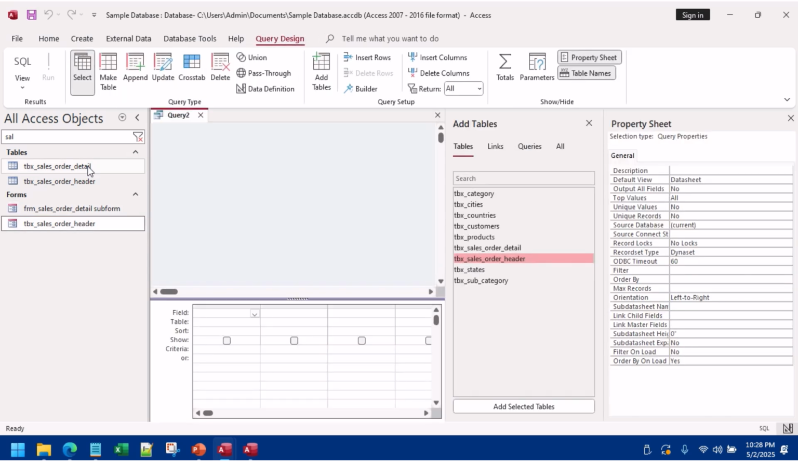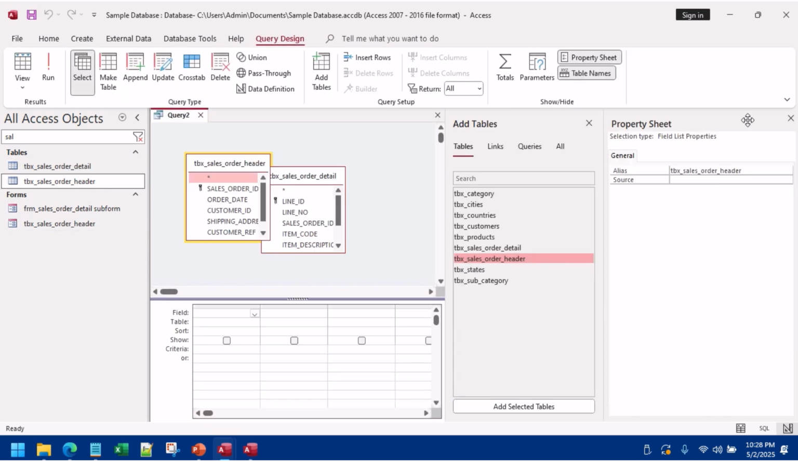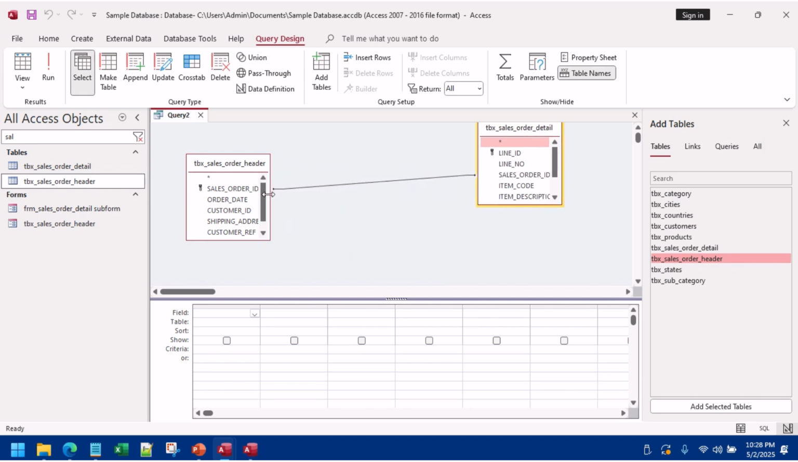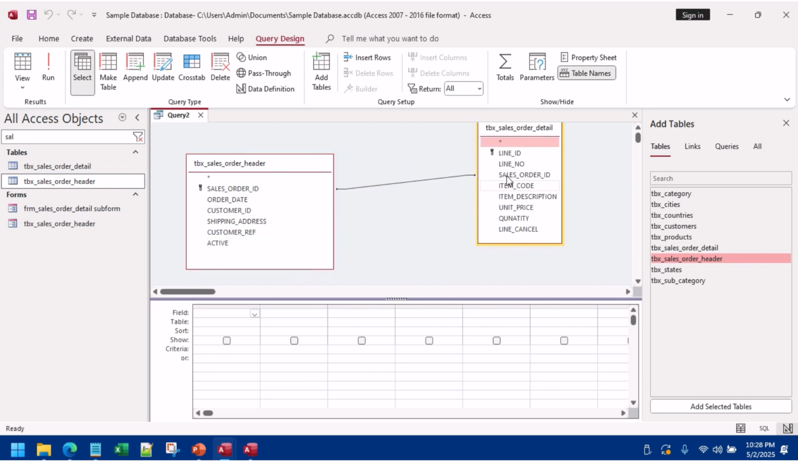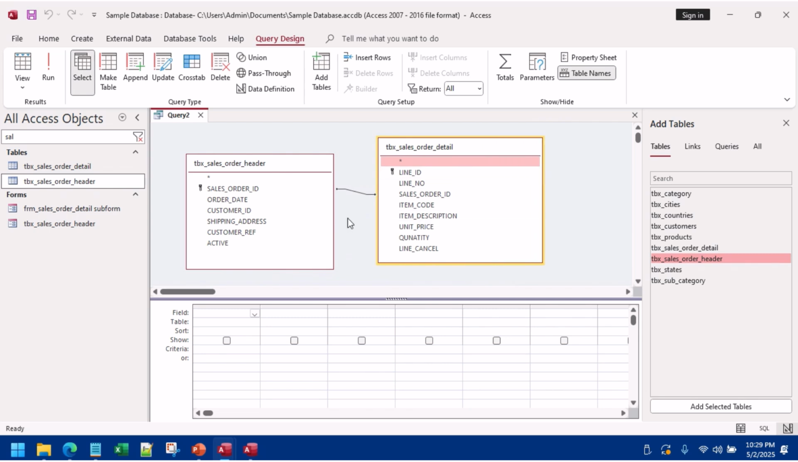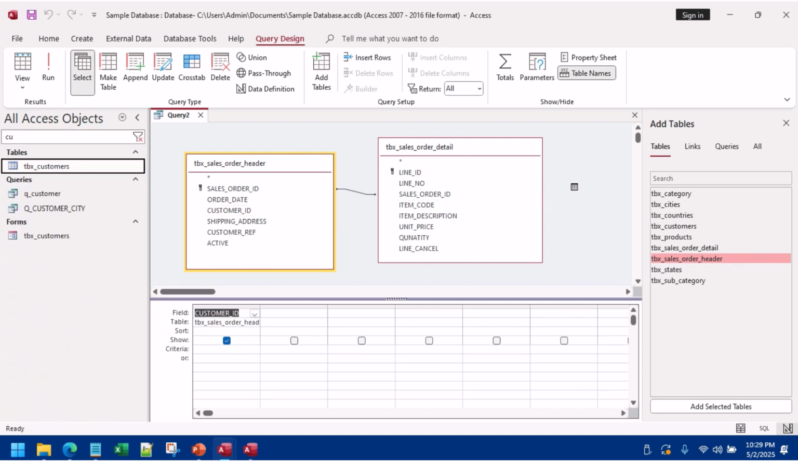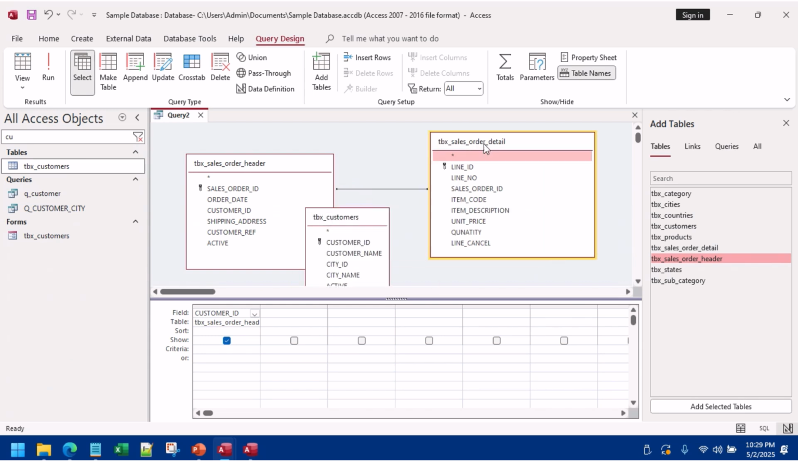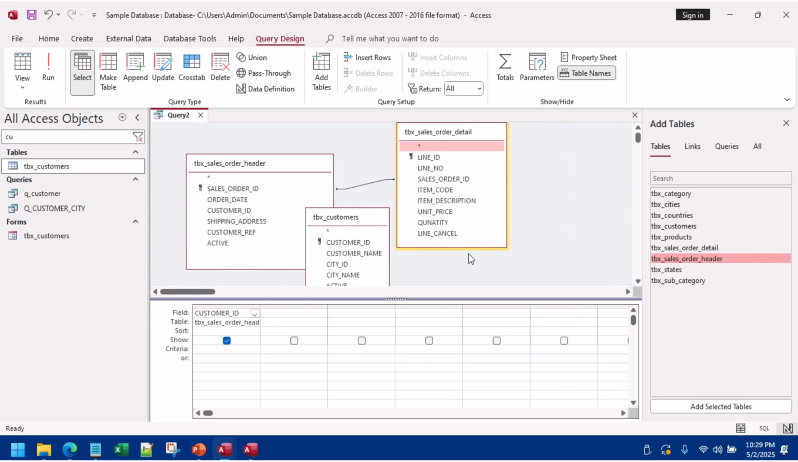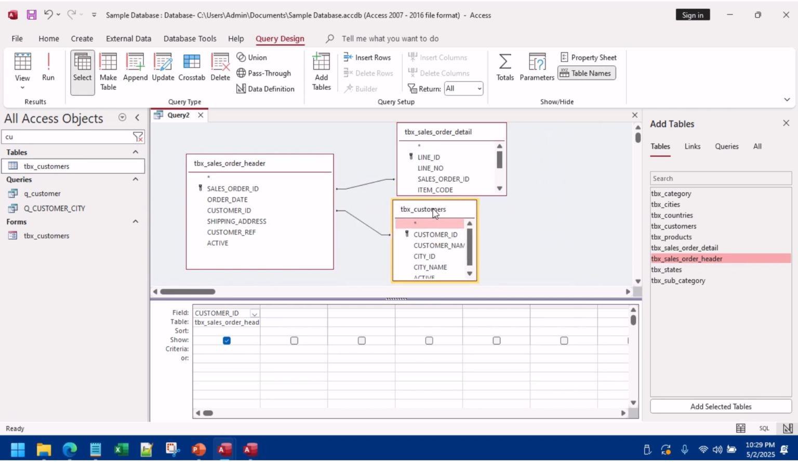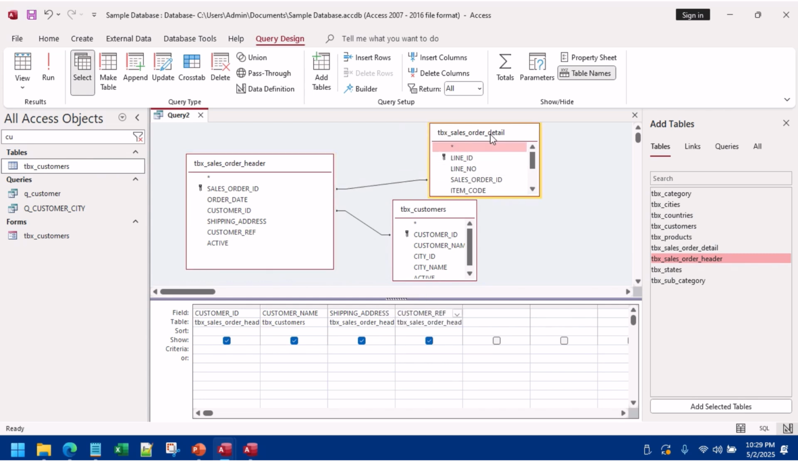Create query design. We have sales details, sales order, and joining with sales order ID, customer ID. Also add customer. Okay, so customer name. What else we have? Shipping address, customer reference, and